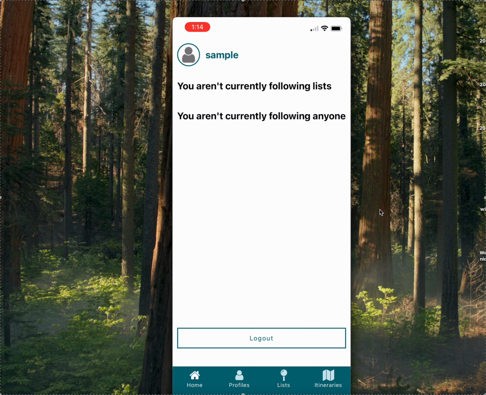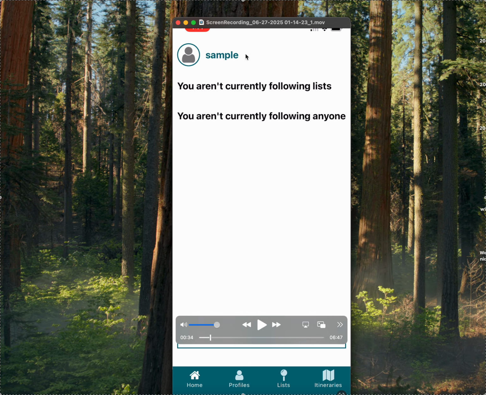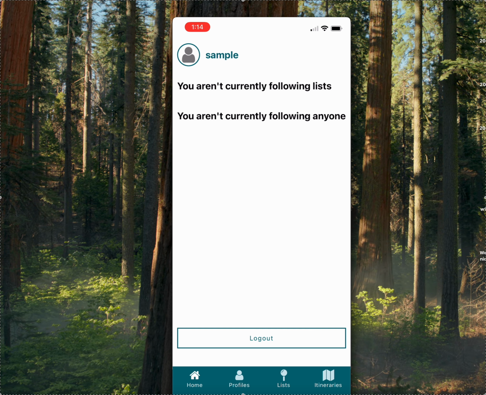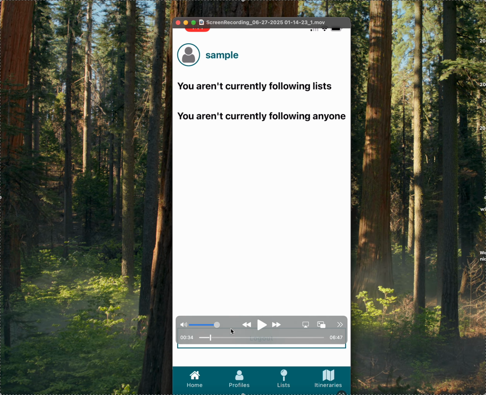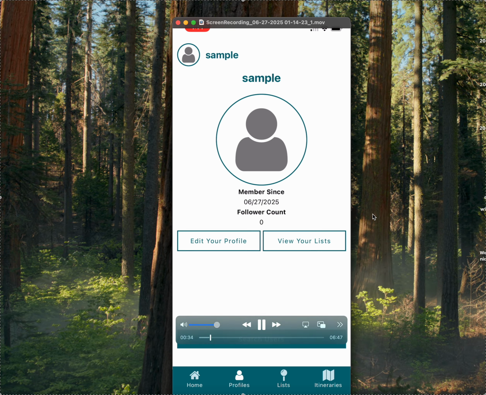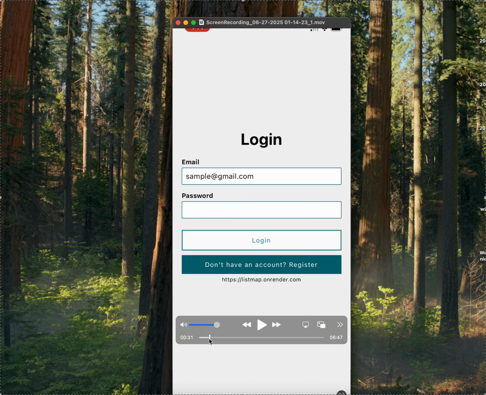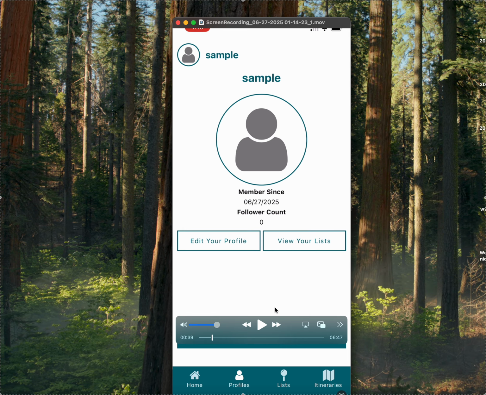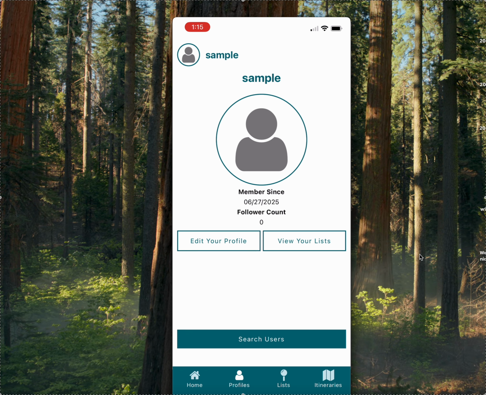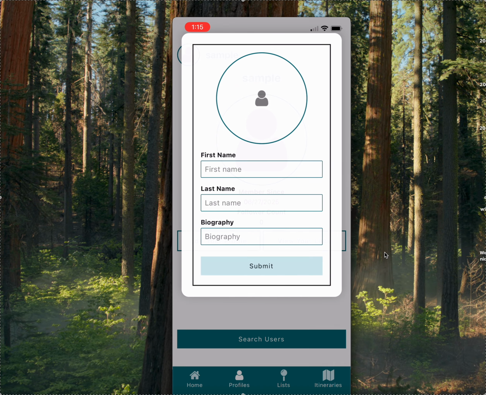And so this is kind of the first class citizen page. You're presented with lists that you are following or people that you're following. But we can go through the rest of the list. The first thing though that we'll do is we can check out the profiles, which we just saw briefly. What we can do, the first screen that shows you is your profile, but you're always available to search for other people. The next thing is now,